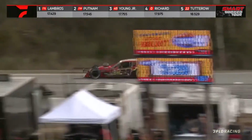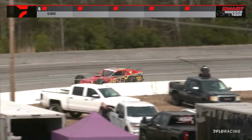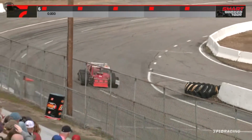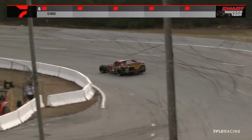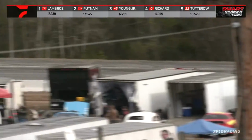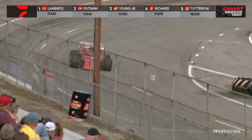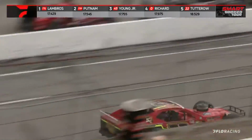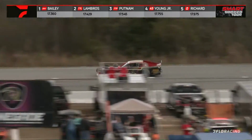Wild looking machine right now with this 23 NY out of Waverly, New York, in the K2 barbecue sauces, Ken Tibbles Roofing, Coach's Pizza, Troyer machine with that Billy the Kid engine. It's Bryce Bailey. Bryce Bailey was running B mods on the dirt up in the upstate New York region. Decided to sell that, was going to go to college, and then thought twice about it during the winter and said, I want to go tour type modified racing. Bought this race car, a former Woody Pit Cat machine,